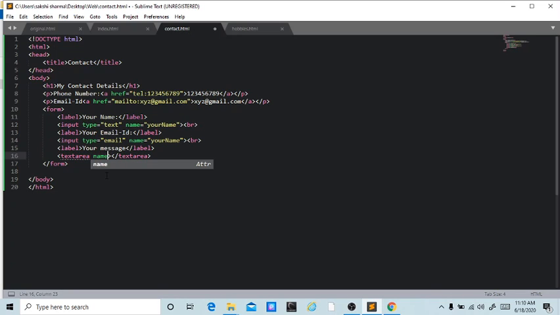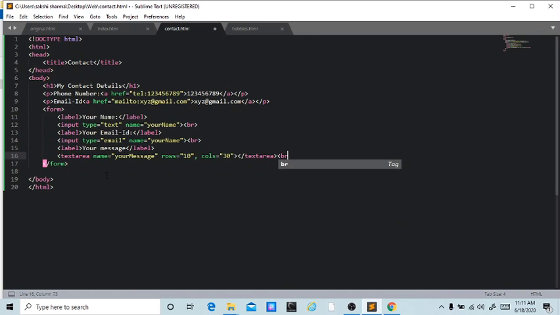Name, your message. Name is not necessary to add until and unless you are linking your file with JavaScript. The function of writing name we will be seeing in further lectures. So let's add rows and columns, which can define how big your text area will be.